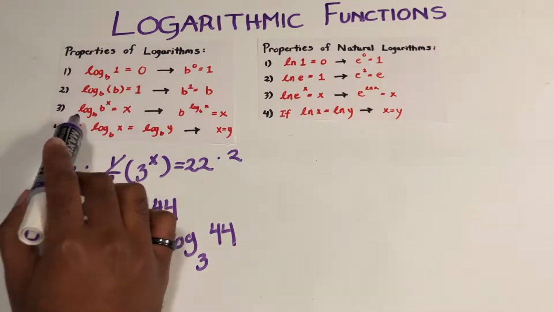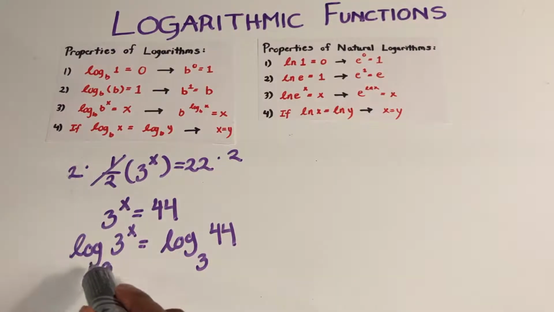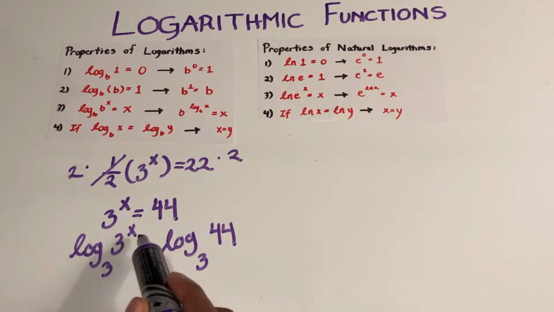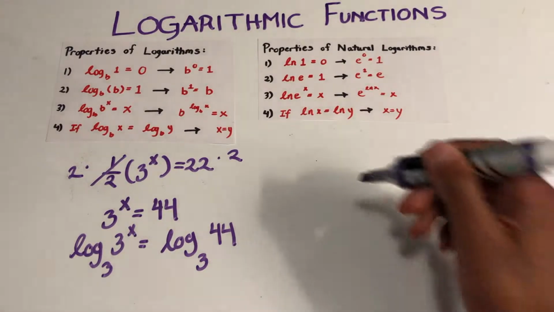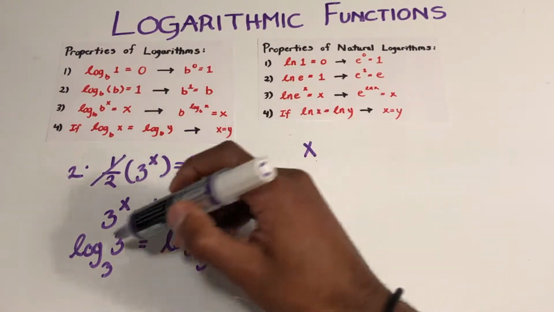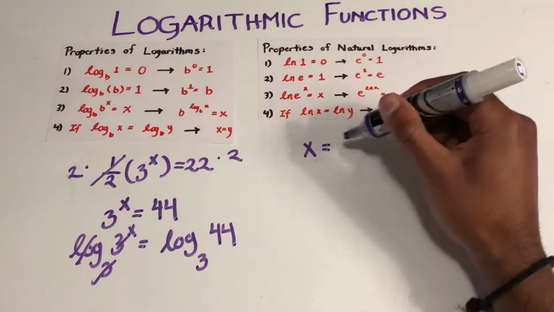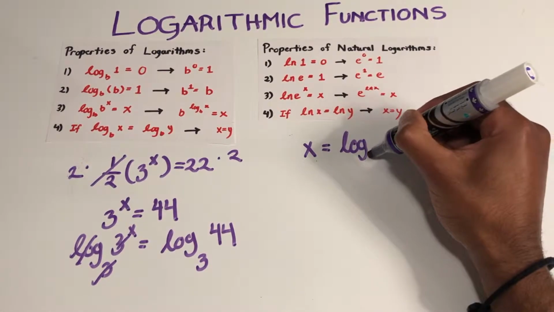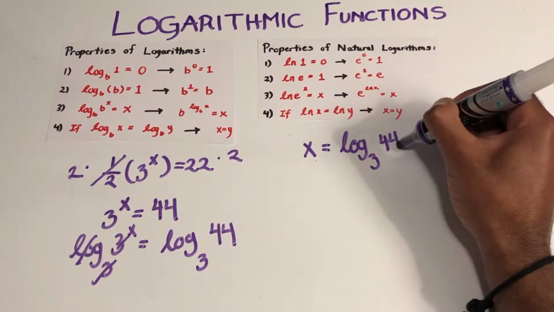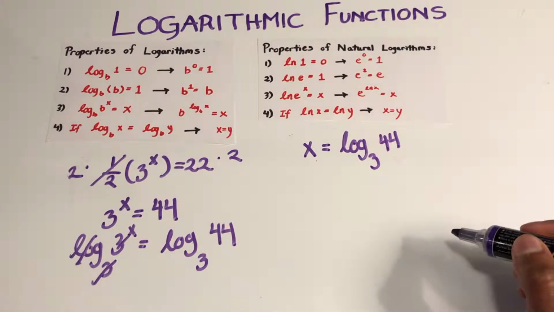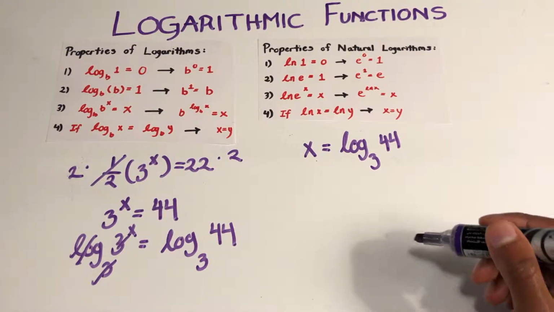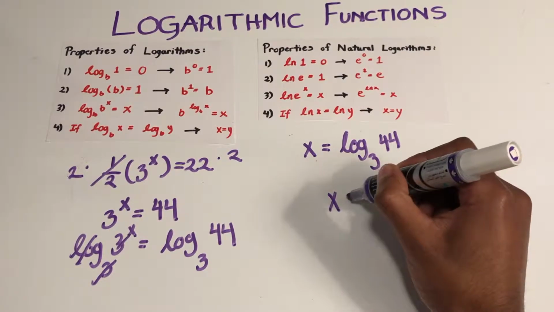Now, since b is equal to b, 3 is equal to 3, that's just going to give us x. So I'm left with x here, and these terms go away. Then we're left with log base 3 of 44. Now you can leave your answer like this, or you can